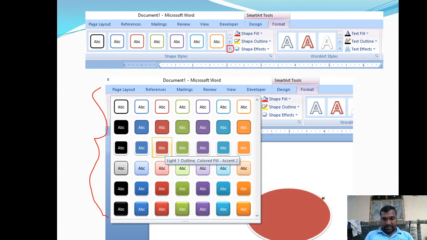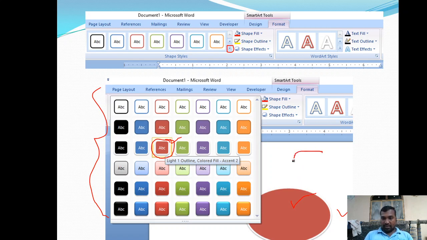Here is an oval, and the style of that oval will be selected based on the cursor position. Here I am choosing this color, light one outline and the color fill, and that particular style will be reflected here. So are you getting the point?